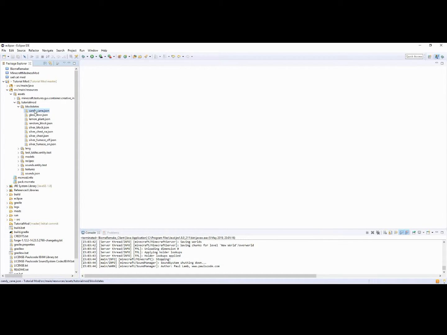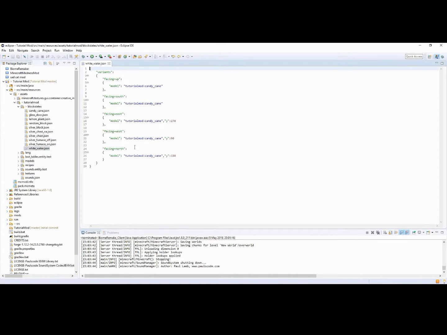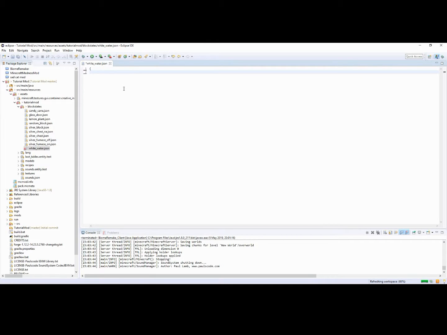So inside of block states, you just want to copy an existing one and name it your fluid name. So mine is white_water. Then inside of here, you want to get rid of everything, and we are going to have to type it out ourselves. So you want a curly bracket, and then tab in on the next line, have speech marks, and put forge_marker,